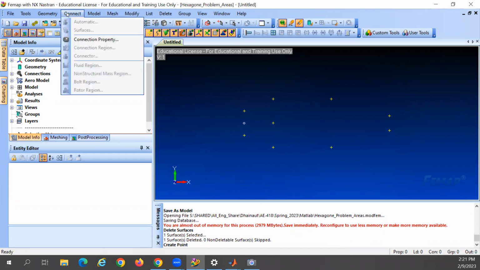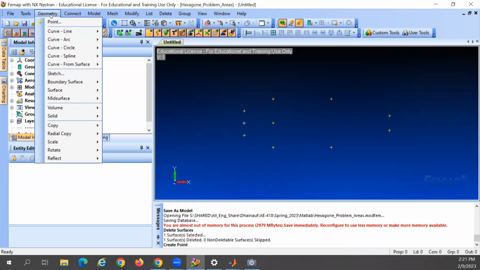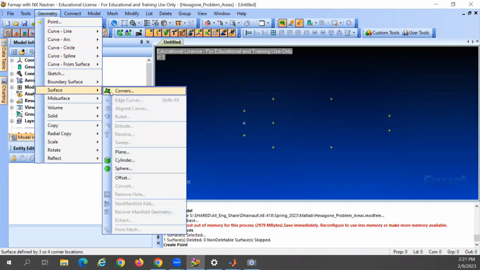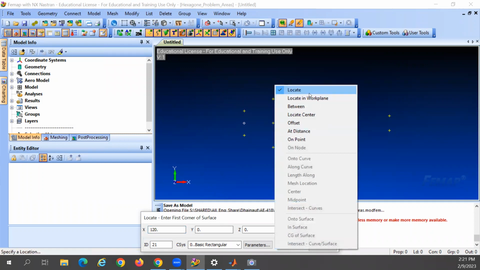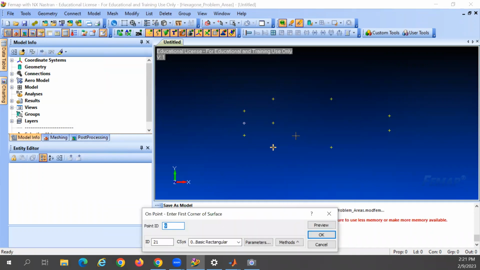Geometry, I cannot see again, so help me. Is that geometry? Is the one with surface? I think here, no? Is that correct? So I went to corners. And then here I just said, I think that's why you had this one by default. No, on point. I think the area for us was from here,